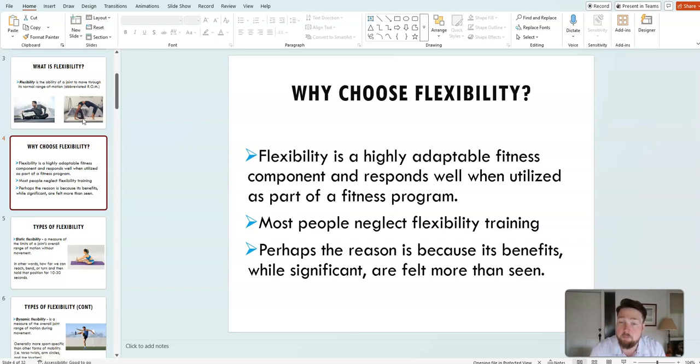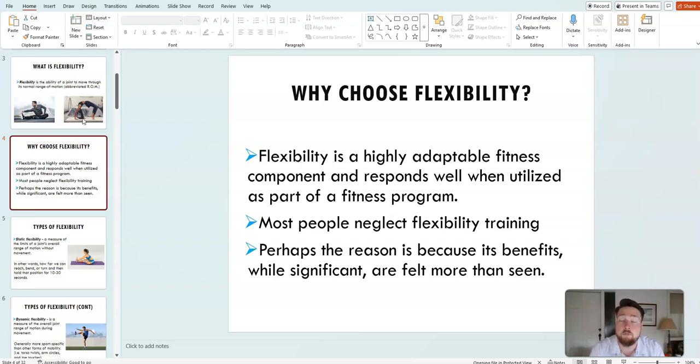They probably include some sort of weight training routine. But if I see someone that's normal, average size, you can't tell if they're flexible or not until maybe I ask them to perform an exercise, or if they say, "Hey, I can do a split,"